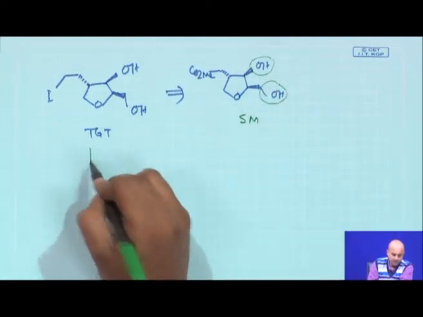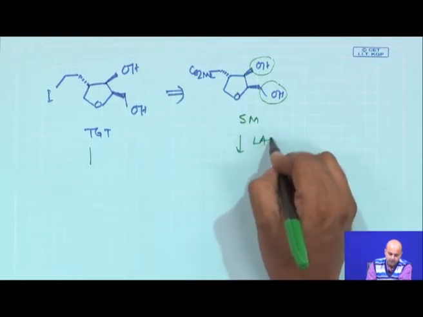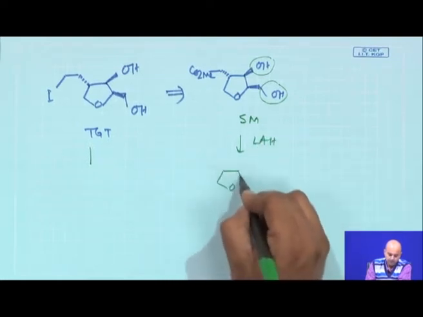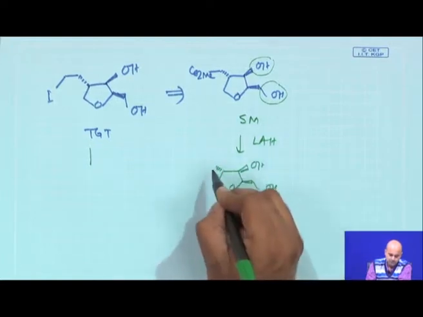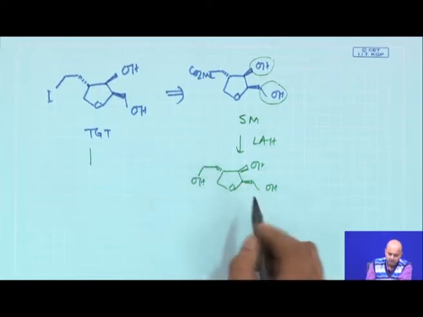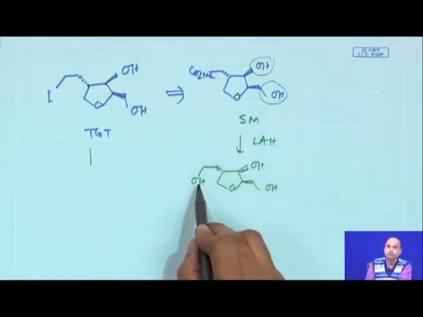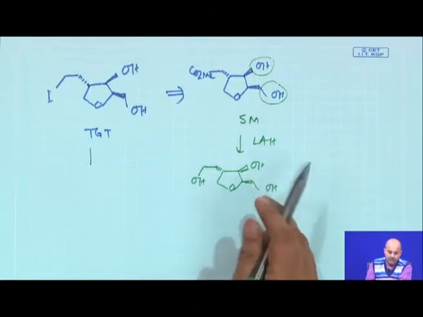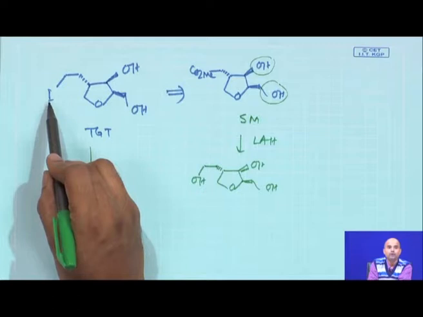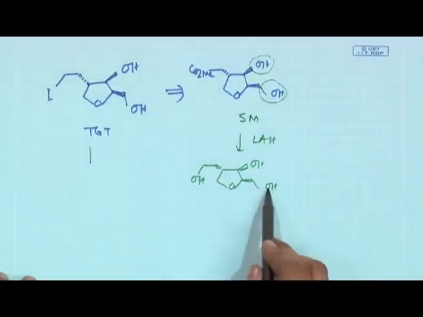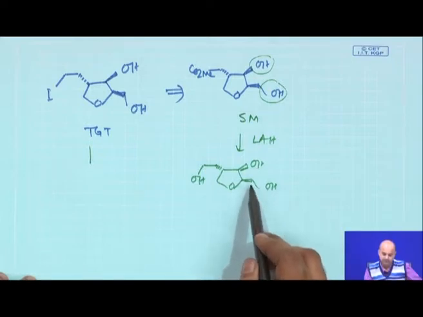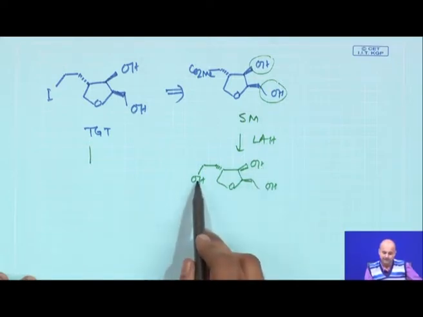So, if you just simply react with lithium aluminum hydride, what will you end up with? You will get OH, CH2OH, CH2CH2OH. Now, there are 3 hydroxy groups, 2 primary and 1 secondary, and your target molecule contains only 1 iodo group at this primary. So, it is a very difficult scenario. You cannot use a simple Appel reaction, because then this will also react. This is primary and secondary, so the probability is less, but it will definitely not be that chemoselective.